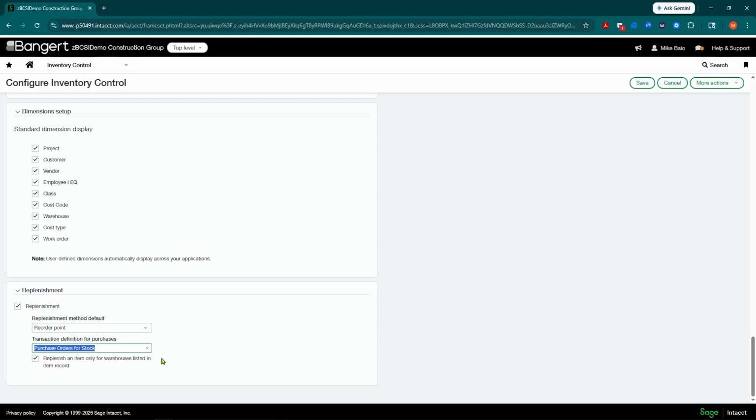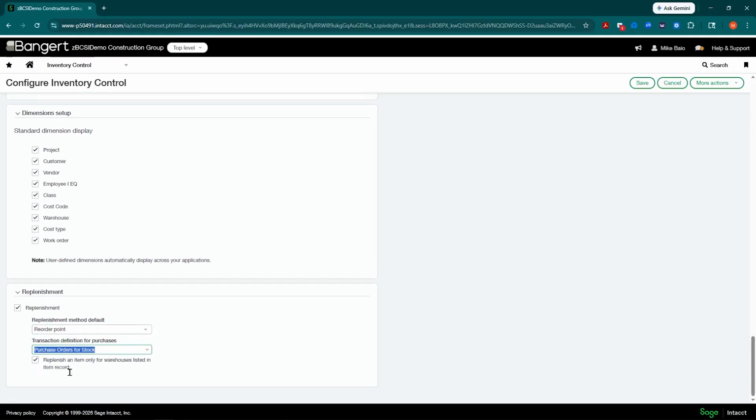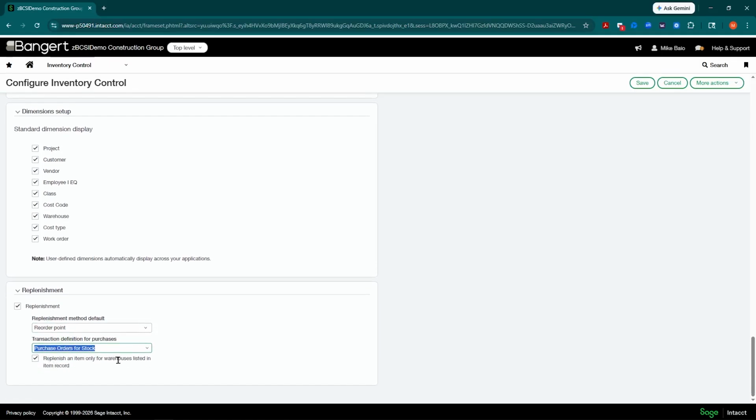For example, you might have multiple warehouses, but this one particular item is only used in warehouse A. Well, there's no reason to try and order it for warehouse B. So usually we leave this checked off and only replenish for an item that has a warehouse listed inside the item. And I'll show you where that is in a second.